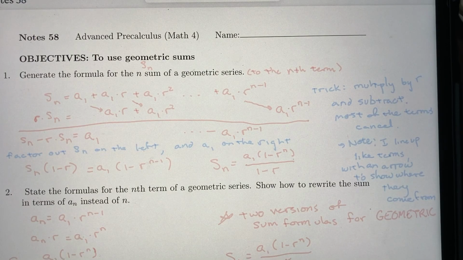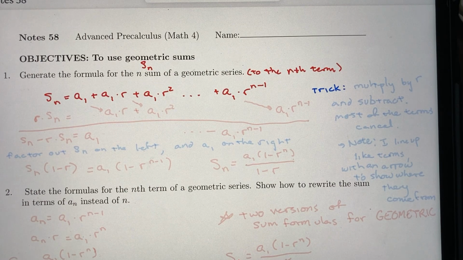Okay, I force-fed you the sum of an arithmetic series. Now I'm going to show you the sum Sn of a geometric series up to the nth term. Let's just write this down first. The nth term is a sub 1 times r to the n minus 1. Okay. The trick